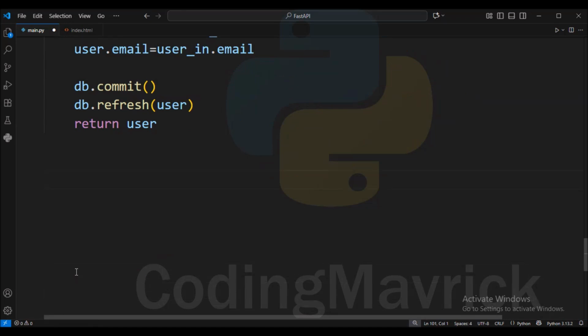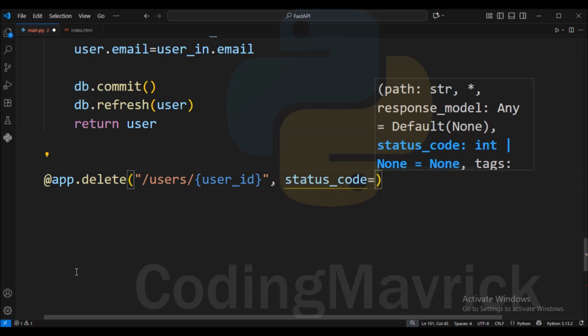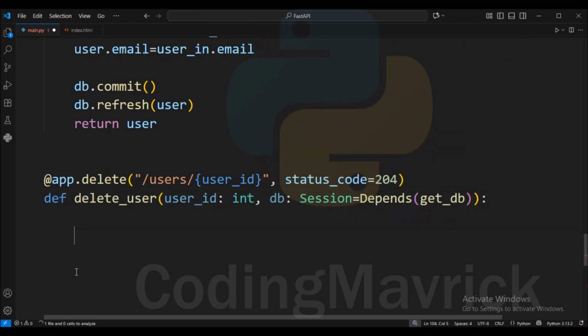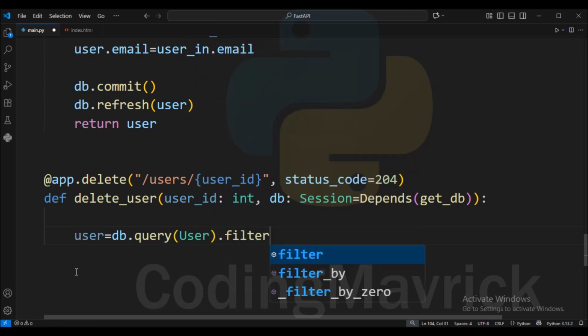Now viewers, create an API route for user deletion using app.delete users and user ID. This route would delete the user and would return 204 No Content on success. For this purpose, first query the user by ID.